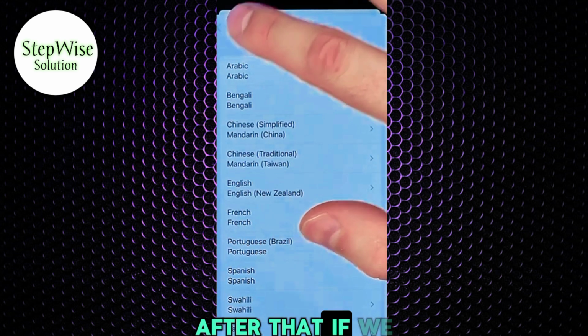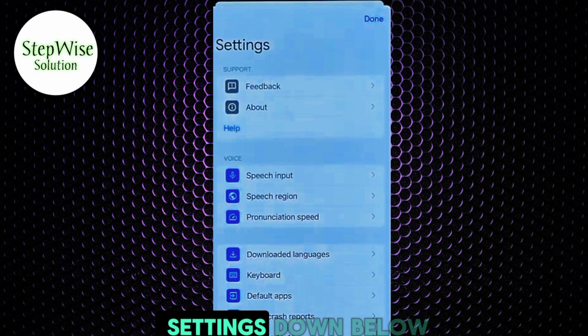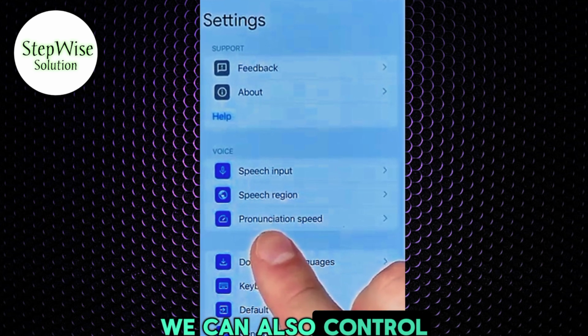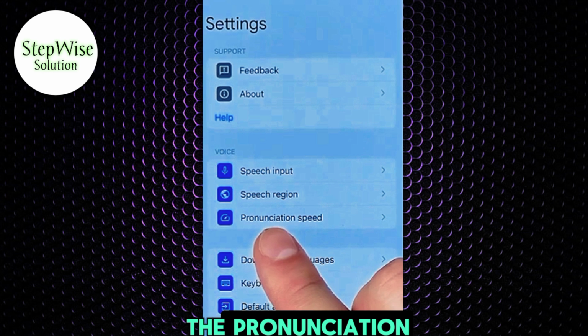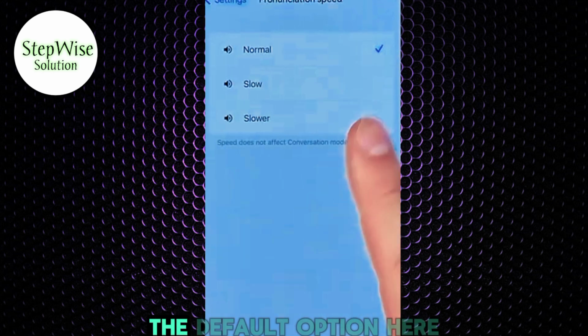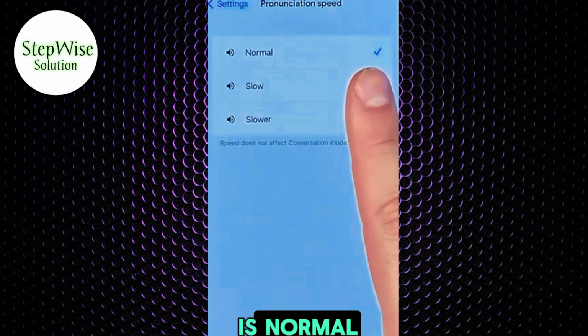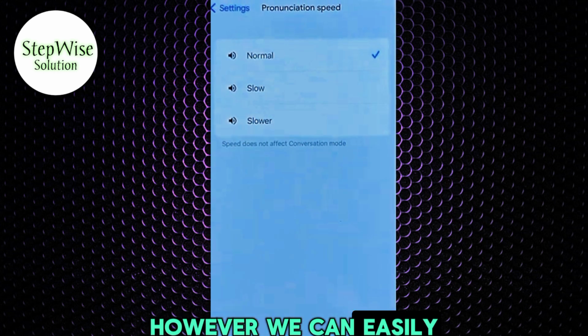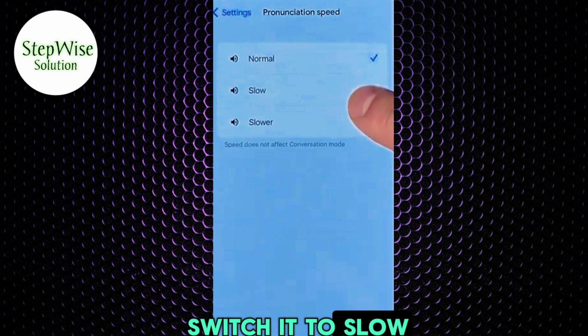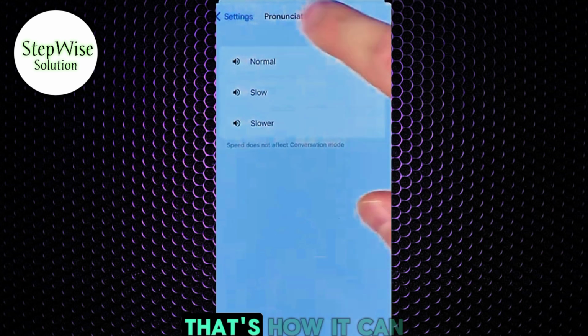After that, if we go back here to settings down below, we can also control the pronunciation speed. The default option here is normal. However, we can easily switch it to slow or slower. That's how it can be